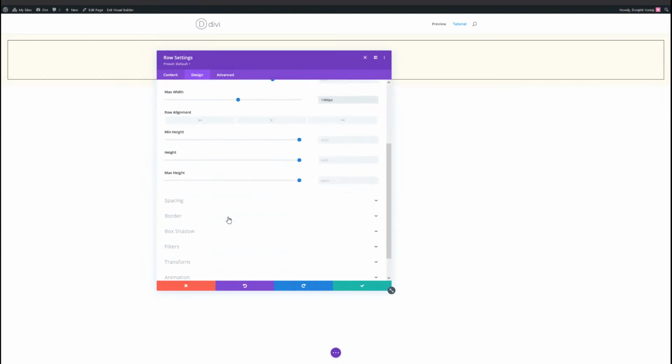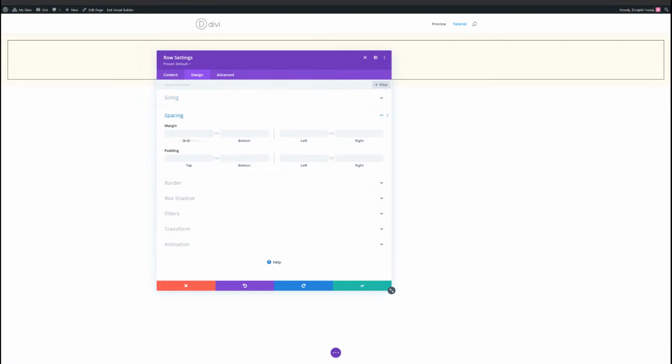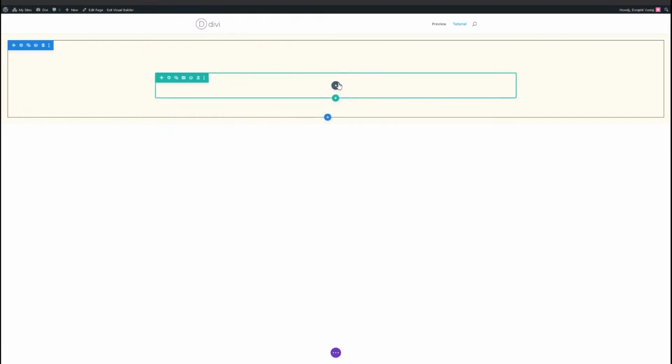And then we'll go to the spacing settings here, and we're going to use 3% for the top margin and bottom margin, and 1% for the left and right padding here. So these are just some design options that make this design work, but you can tweak this however you want. And now I'm going to add a module, starting with